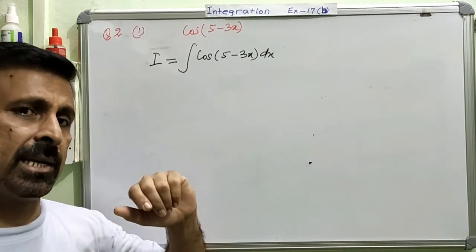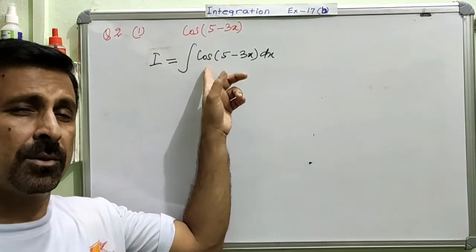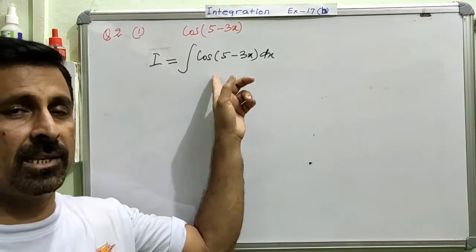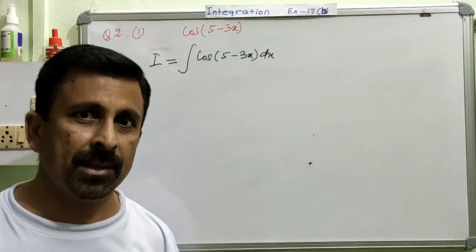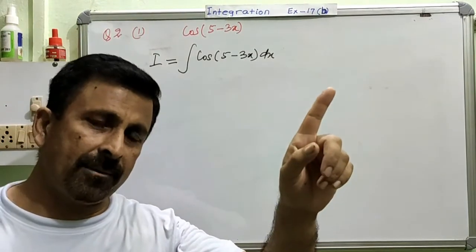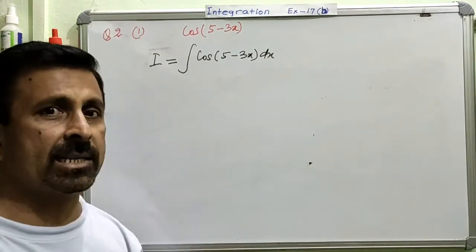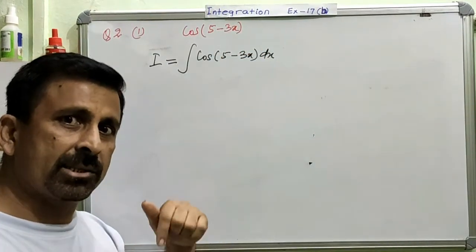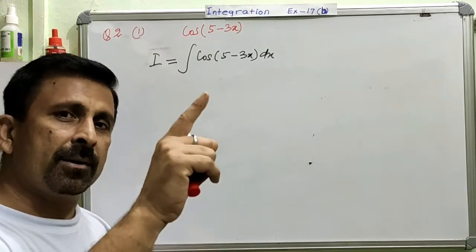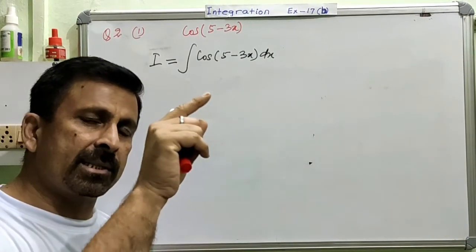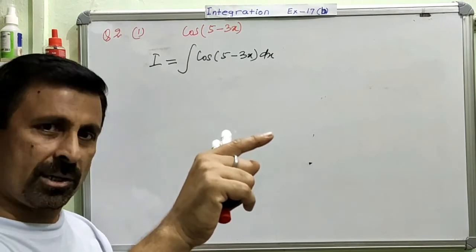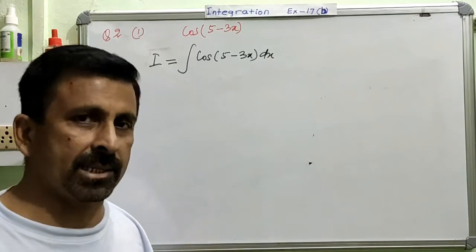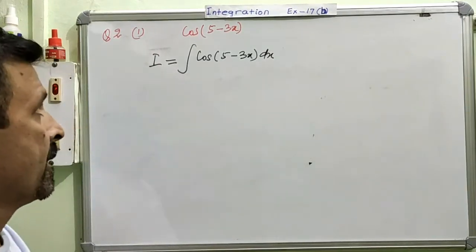So if you can get this answer, whose child is this? This is born from sine, right? When you calculated the derivative of sine, you got the result cos. That means sine was the father and cos is the son. When the father is sine, the son is cos. Now the son is cos, so who is the father? Just find out the father. That's it. Is this very clear? So that's the one thing.